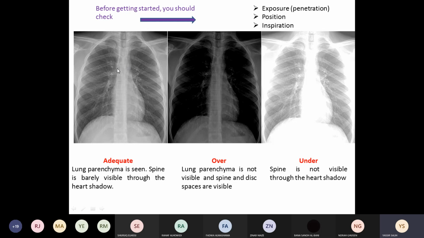But this is a chest X-ray with adequate penetration, with adequate factor, with adequate amount of X-ray photons, because you are able to see the lung field clearly. This is a lung field. Both sides are equally translucent, meaning the degree of blackness of both is normal. But here the lung appears